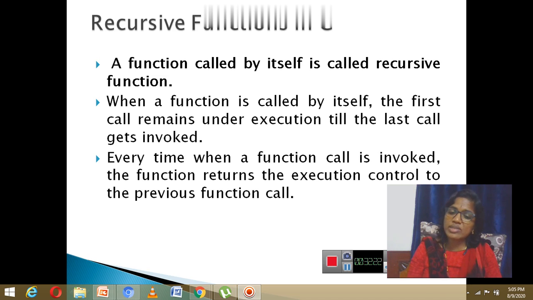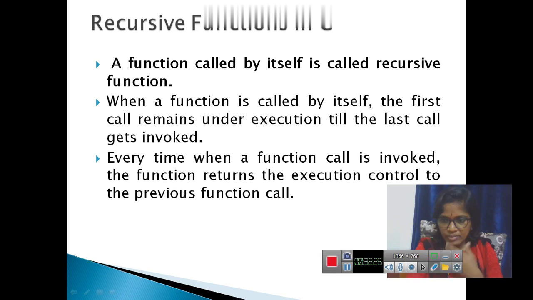So you can ask me, how is it possible, ma'am? It is possible. Factorial of 5. If you want to find the factorial of any number, suppose factorial of 5, it can be written as 5 into 4 into 3 into 2 into 1.